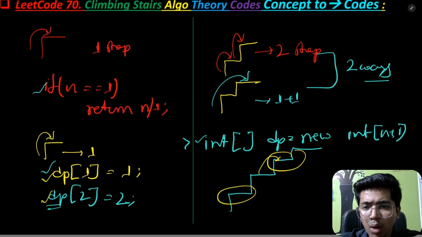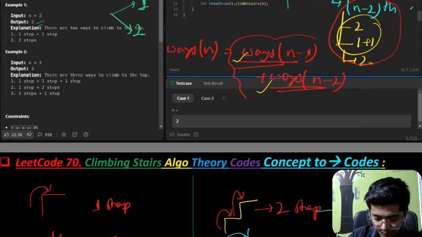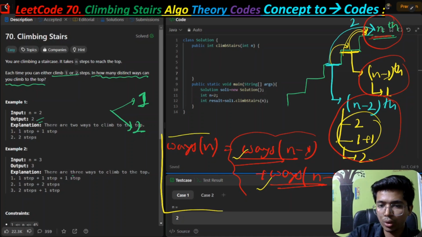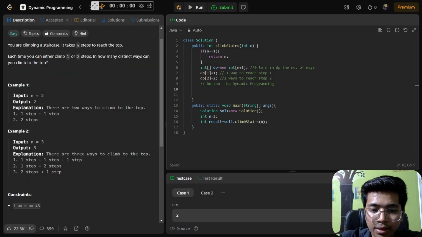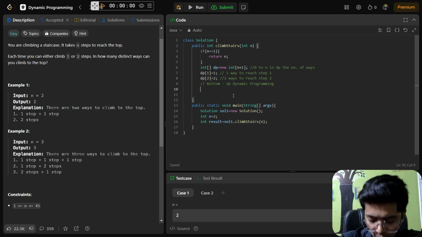Okay, now we need to find this for all the steps, and look at what we have got in here. From the nth step, if we see, we have got this general formula. So we will be applying this line of code in the program. We have initialized all those. Now we'll be writing those steps,